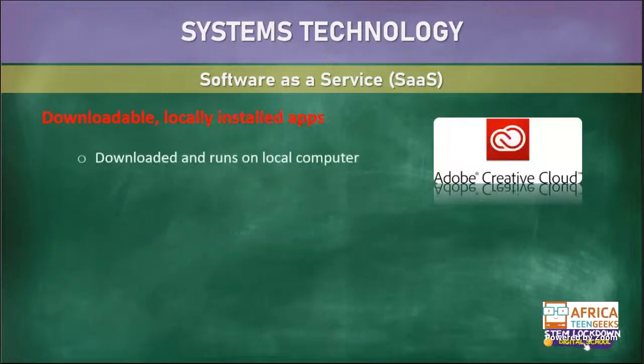Then we have also downloadable, locally installed apps. These can be downloaded and run on the local computer. As an example, we have Adobe Creative Cloud. What you simply need to do is to pay for the service, and then it gives you access to all the programs